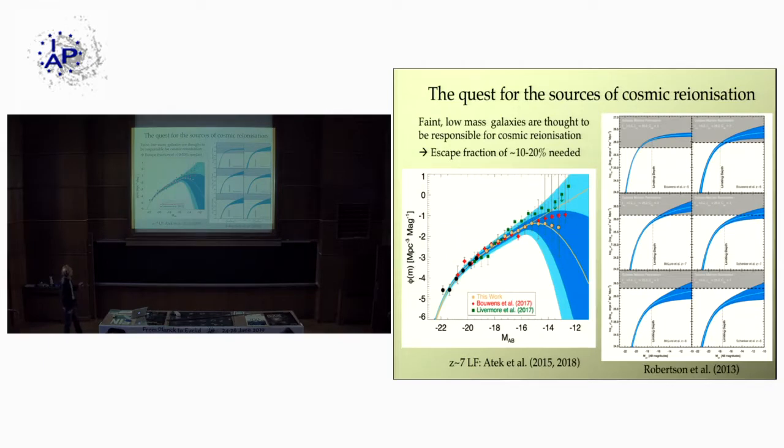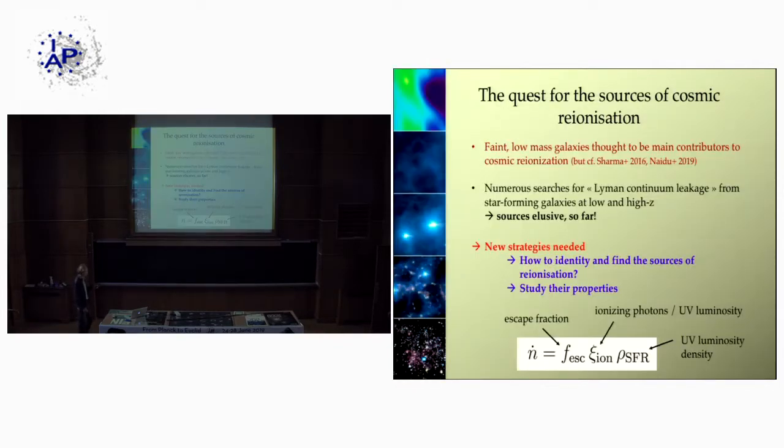Schematically, if you count all those galaxies and their UV emission, and you assume that roughly 10 or 20% of the ionizing photons produced by these galaxies manage to escape the interstellar medium, then if you integrate down to a certain limit, we have enough photons to explain cosmic reionization. This is why we think that galaxies are probably important contributors,